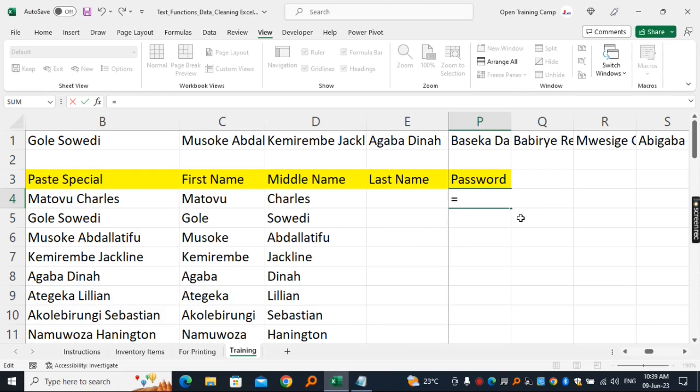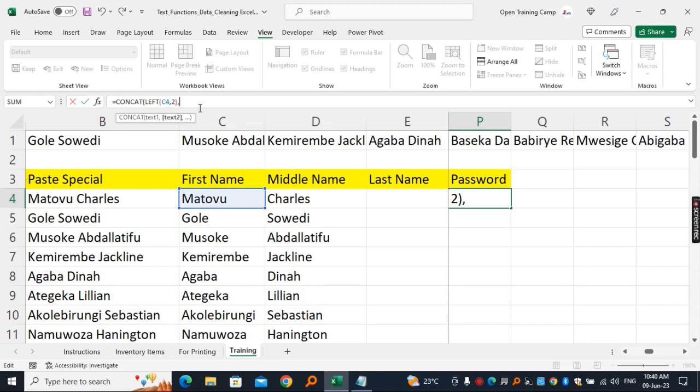So I'll come here and say equals left. Remember the left function that we did talk about. I'm interested in extracting the first two characters of this name, and the number of characters is 2. I close the left function and hit enter key. I get an MA. Now I need to concatenate this with the last two characters of the middle name. So that means I'll open the concat function. When I open my concat function, the first part is being delivered by the left. Now what I need to do is to put a comma, and the second part will be delivered by the